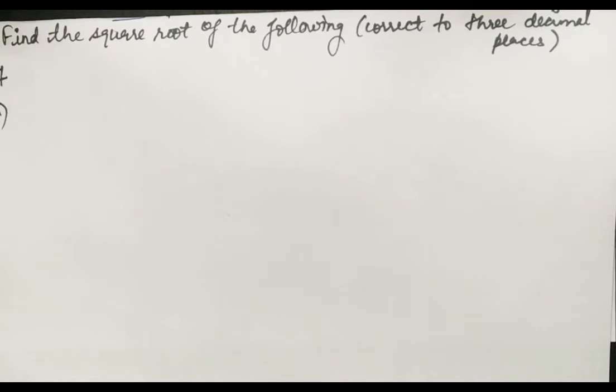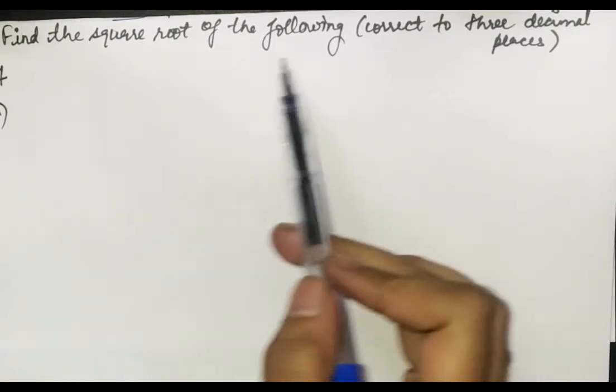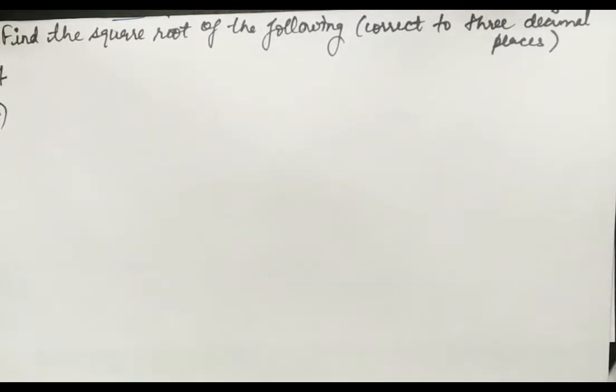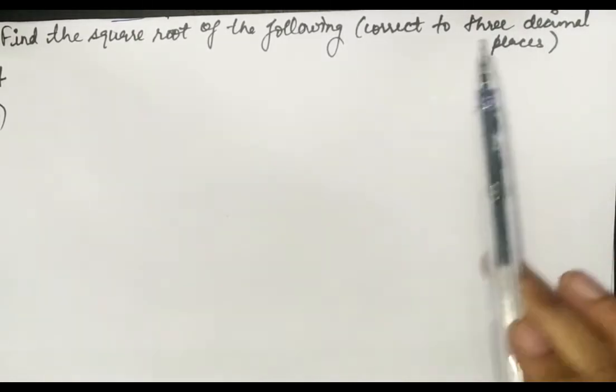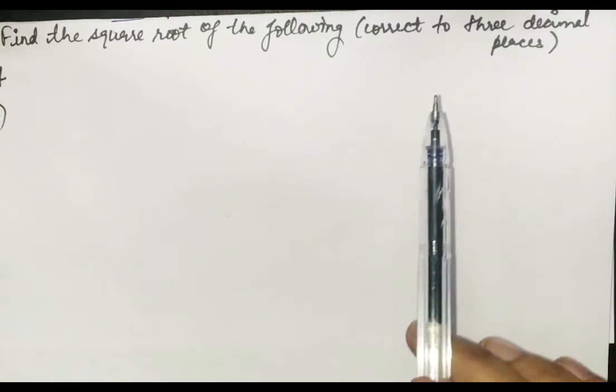So the fourth question is saying find the square root of the following. Now I am doing only one part, and the rest 3 parts you have to do on your own. I will be telling you how to do that in the first part only. So listen to me carefully. And the question is saying you have to find the square root,